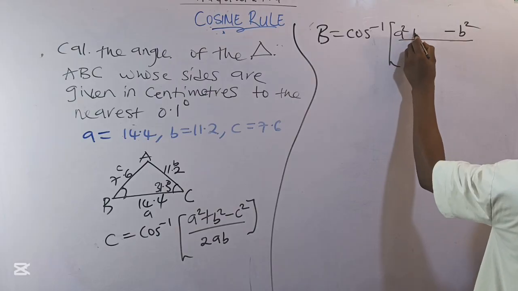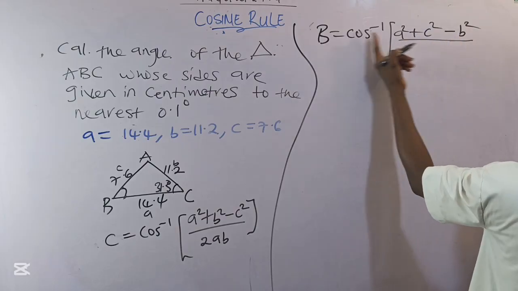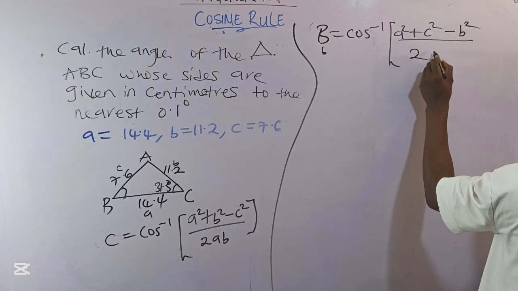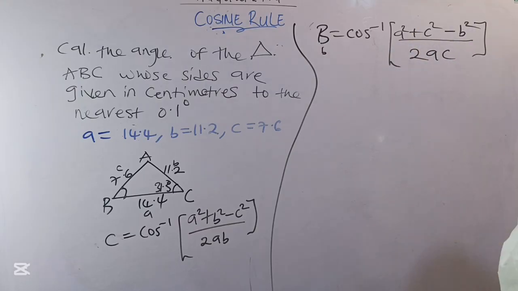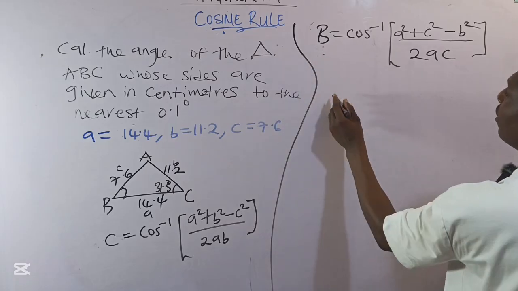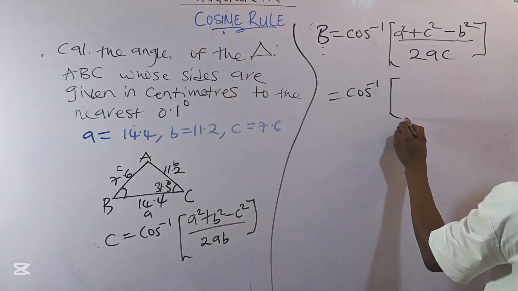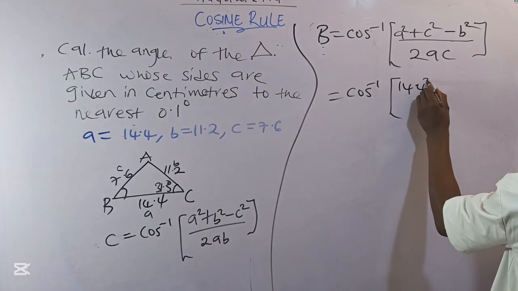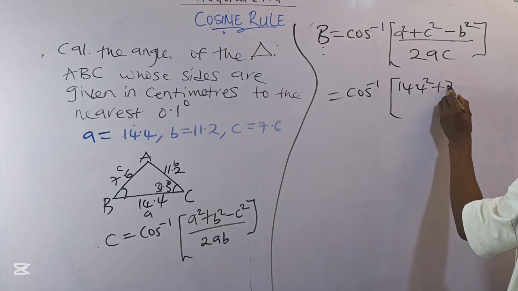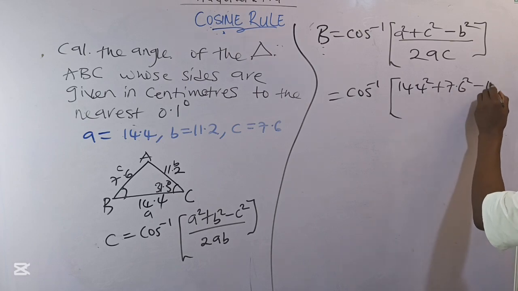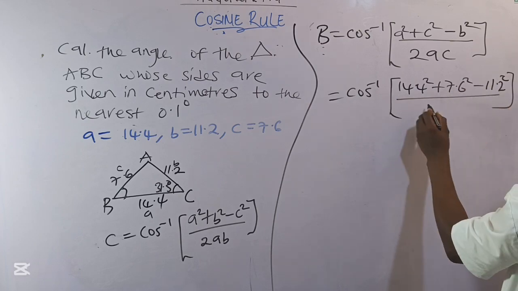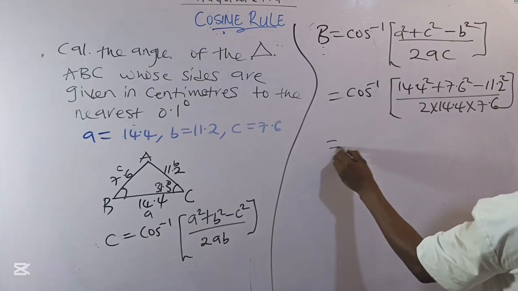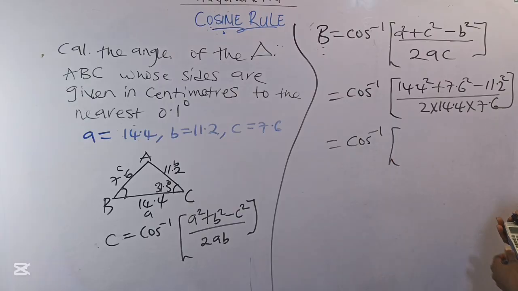So I have a square plus c square minus what we are working with, which is this b, the smaller value, b square, all over 2, multiplying the values here without the powers, 2ac. That's how you simply know the formula. Now I'll have cos inverse in brackets. My A is 14.4. So I have 14.4 square plus my C, 7.6 square minus my B, 11.2 square all over 2 times 14.4 times 7.6. And this will give me cos inverse of